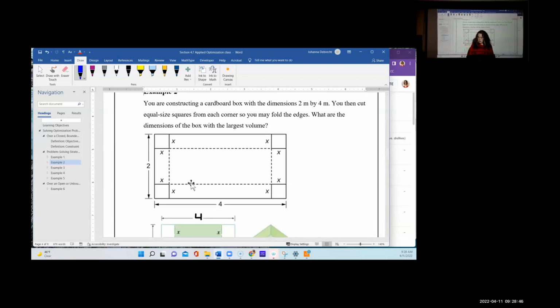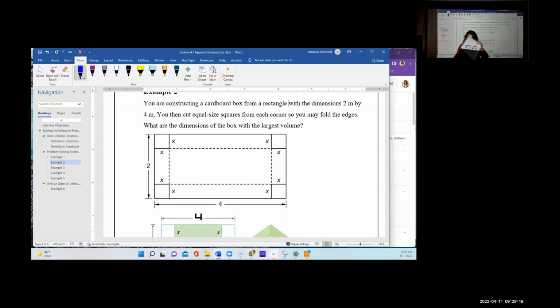It should be you are constructing a box from a rectangle with the dimensions of 2 meters by 4 meters. So let's add that in there because otherwise it's ambiguous. From a rectangle with the dimensions 2 meters by 4 meters. That makes more sense. All right, that's logical. Okay, now the next thing we want to do